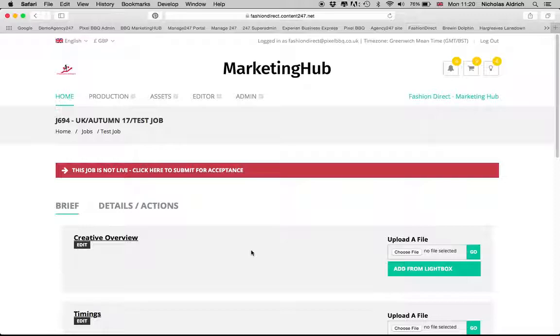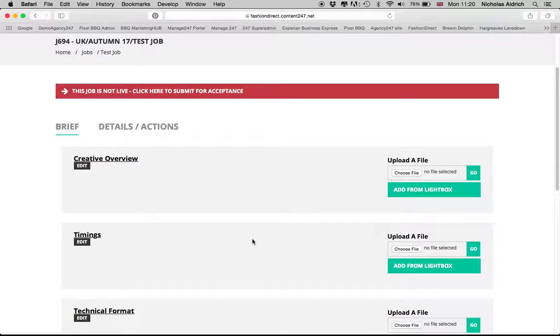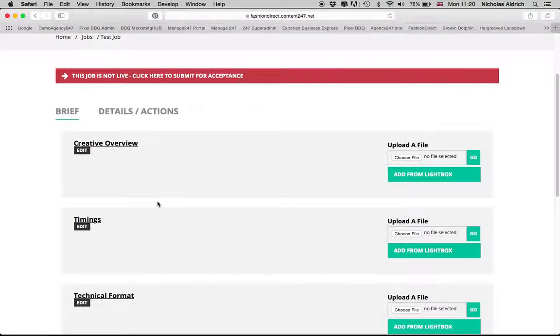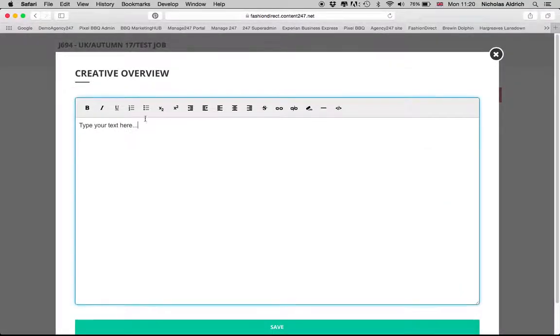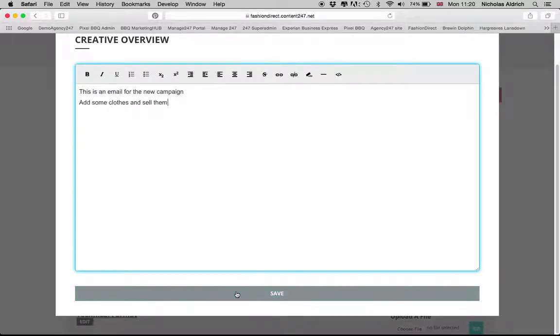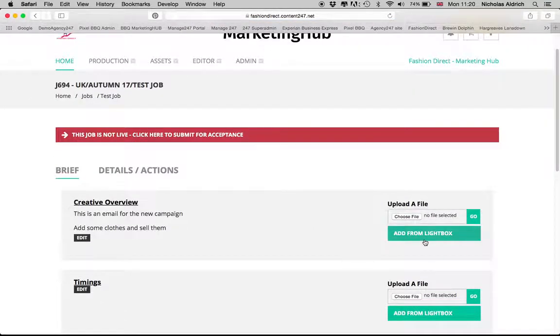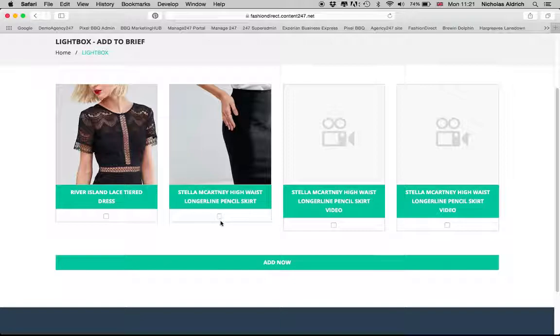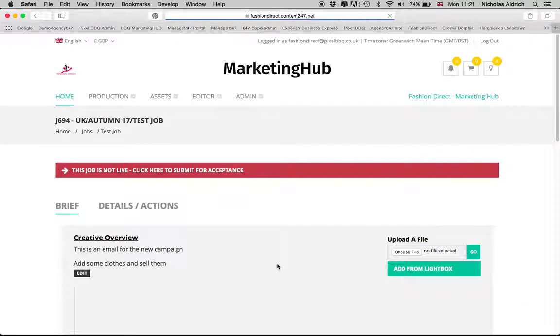Now it knows that this is an email, so again, all the questions in here are specific to what I've decided I want for this type of job. So I can type in here, this is an email for the new campaign, add some clothes and sell them. Okay, so not a great brief. And I'm going to go into my lightbox and choose, because obviously again, these are all made up, I'm going to add the Stella McCartney skirt there into the product